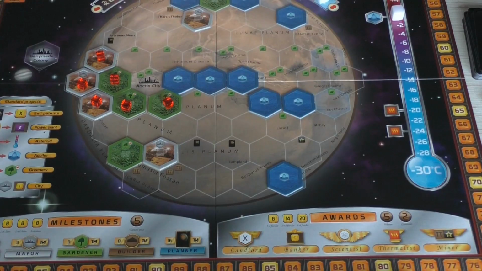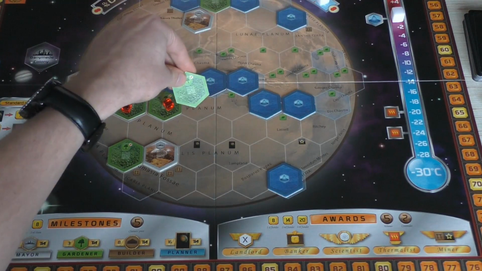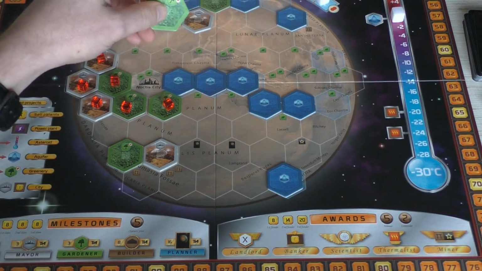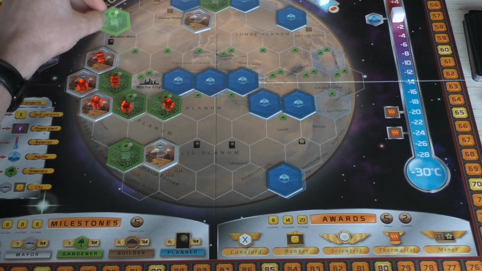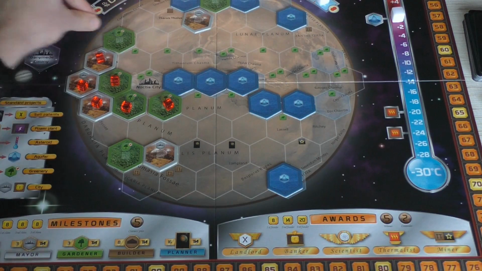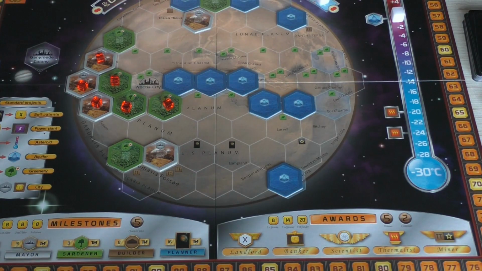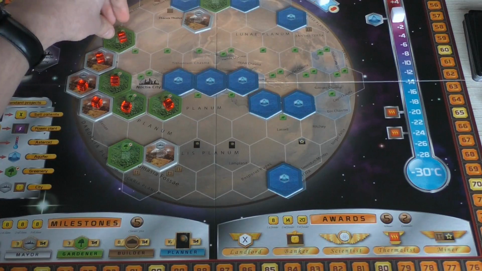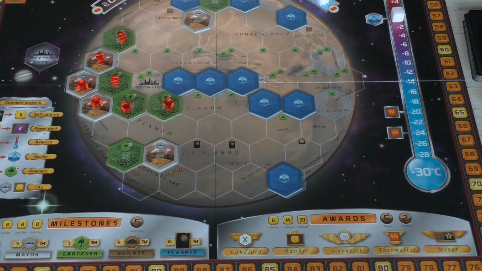Now I'm thinking about placing the greenery. I could place it here and I guess I score 4 million, but I think I'm going to place it here, and with a little bit of luck we get a good card. So let's place it here. Oxygen would rise 1, but that's not possible anymore. But I do get 1 terraforming rating again, so I'm going to 25 now, and I get to draw a